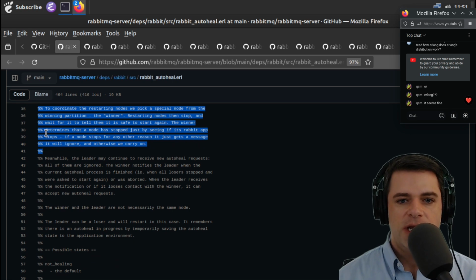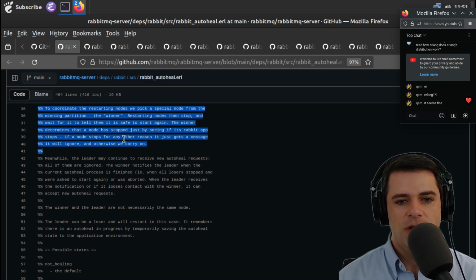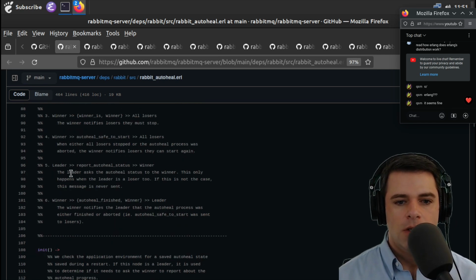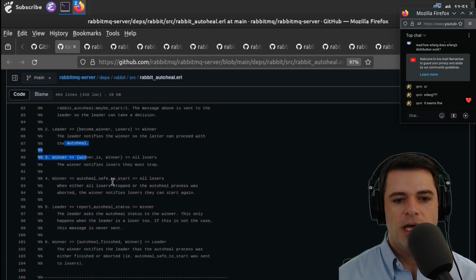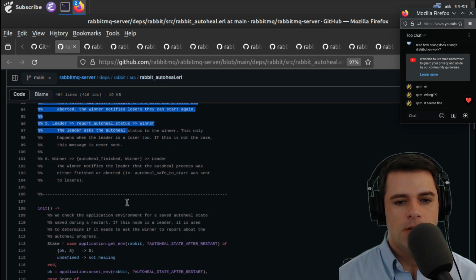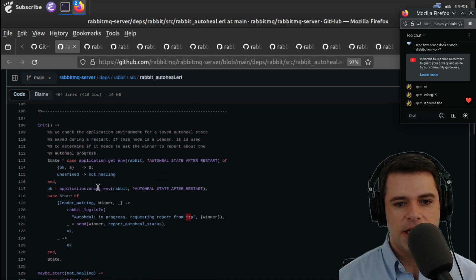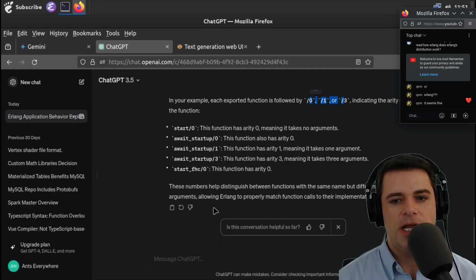The winner determines that a node has stopped just by seeing if its Rabbit app stops, etc. Okay, so message flow. So this looks like it's something about leader election. It doesn't look like it says explicitly what happens to cause it to decide it has to heal, but maybe